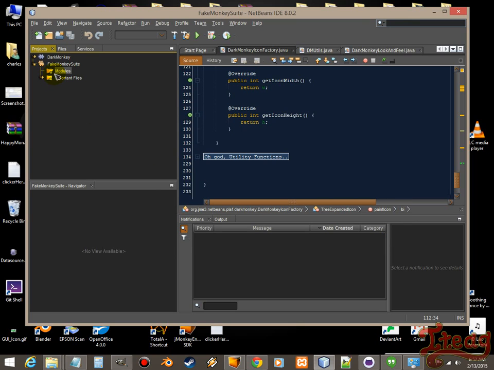So now we have a new module in this module suite. And fake monkey. Now, any modules that you add to this module suite, if you deploy it as a module suite, which I've not deployed as a module suite yet, so I don't know. But anyway, whenever you deploy a module suite or a module here, you can actually put other modules in that are not displayed, that other modules can work with. But I'll go into that later on when I start adding the